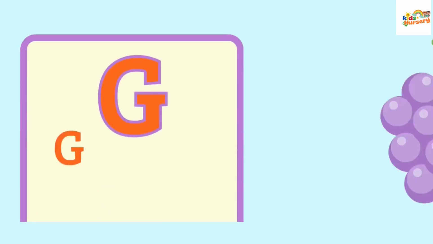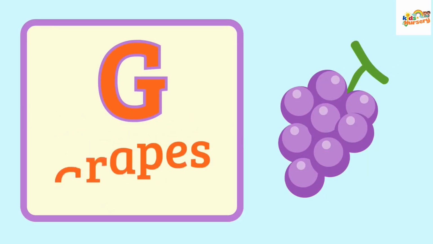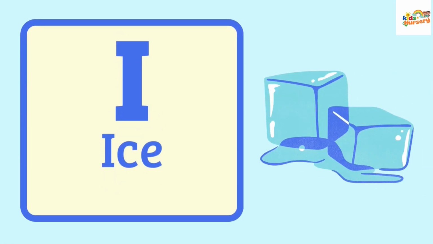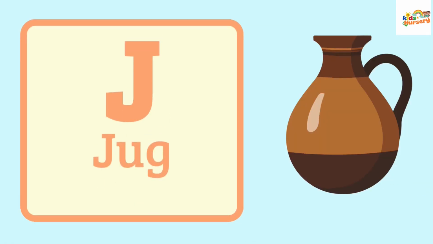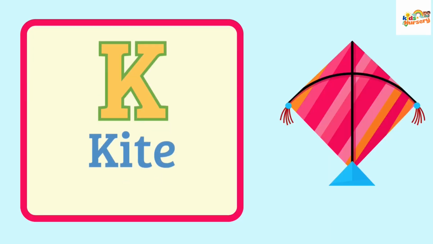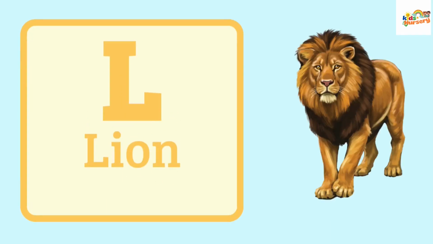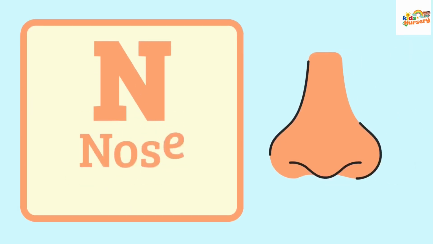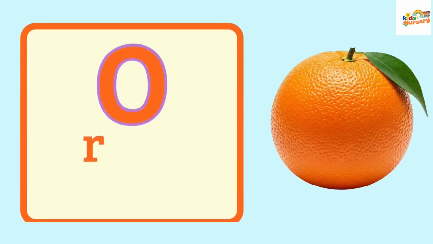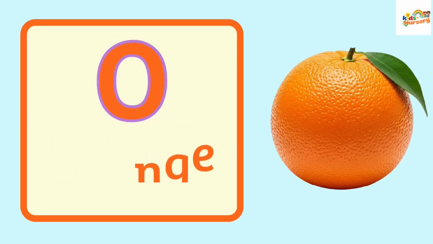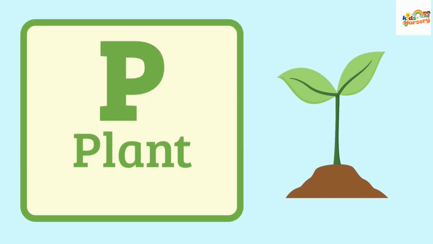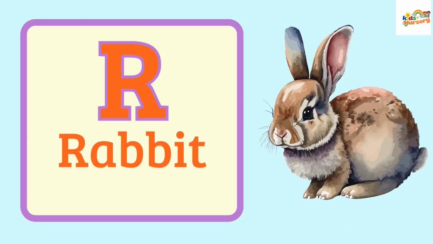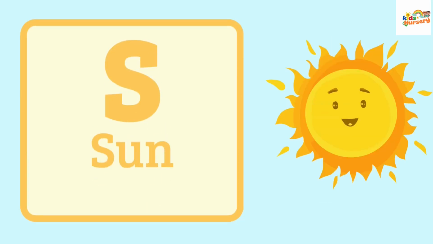G for grapes, H for hat, I for ice, J for jug, K for kite, L for lion, M for monkey, N for nose, O for orange, P for plant, Q for queen, R for rabbit, S for sun, T